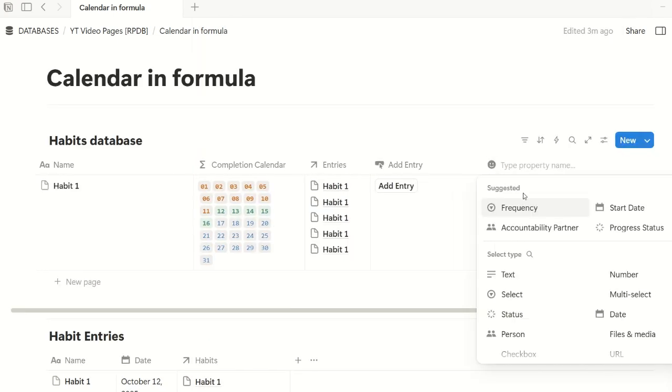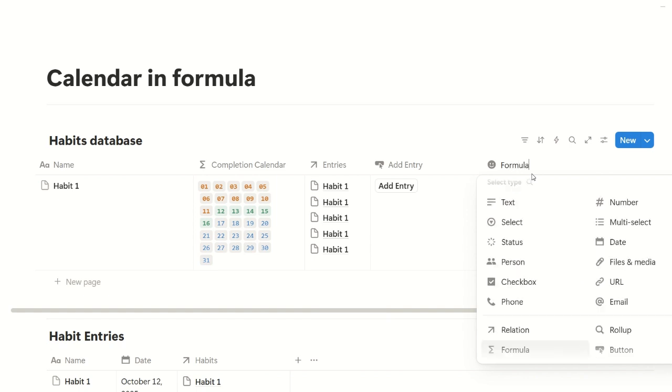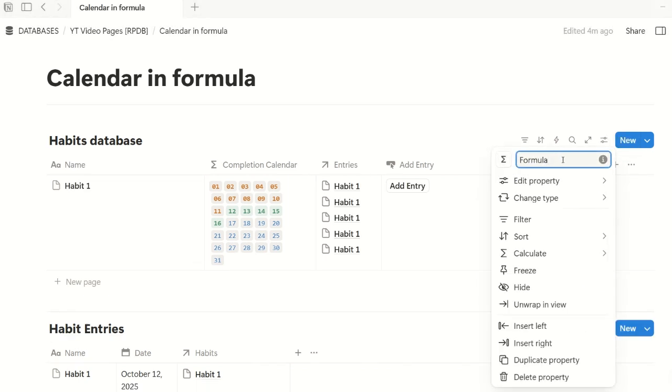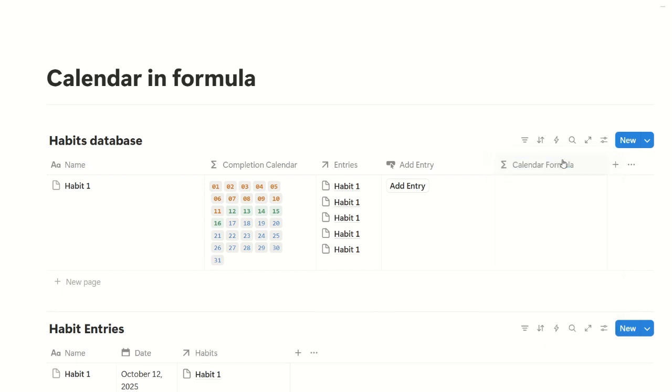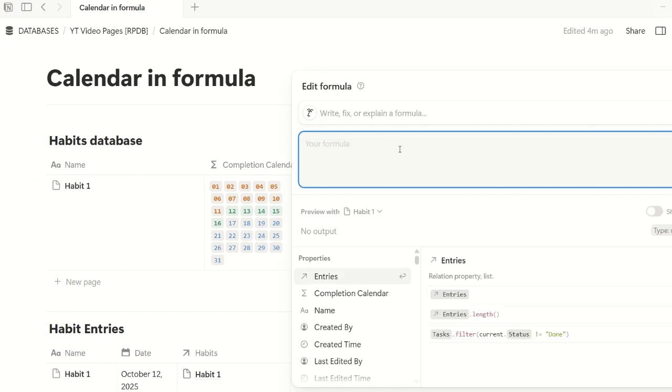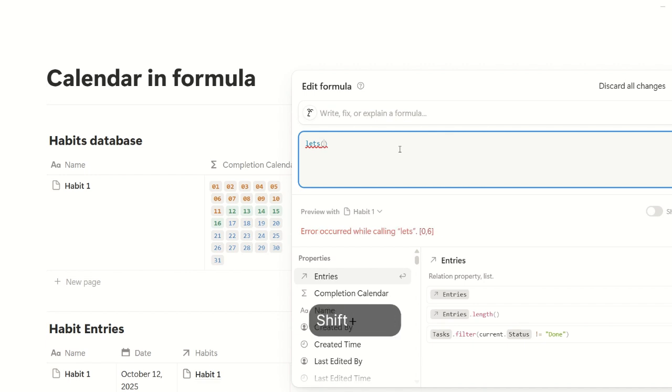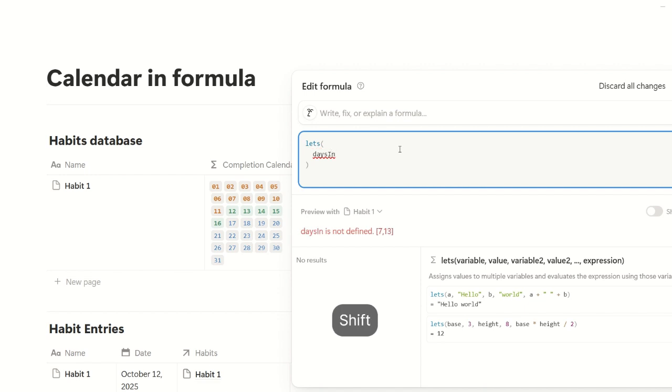So first I'll be adding a formula property here. Let's just call this type. Let's just start. So first thing what we want is, let's just define a let's function. So inside the let's function, first, as I told you, we need to know the total number of days in the current month. So for that, let's just define that, days